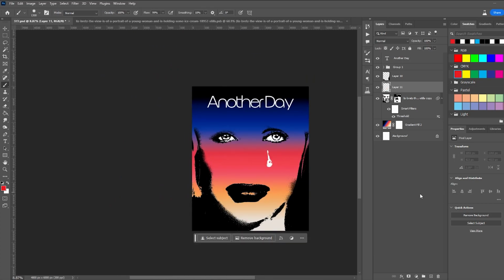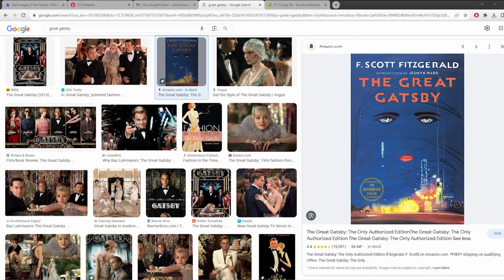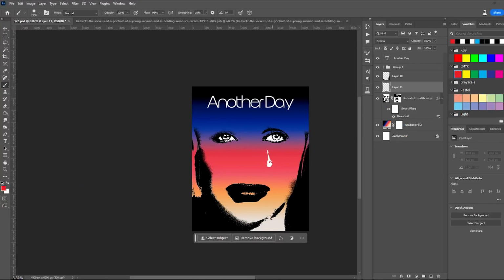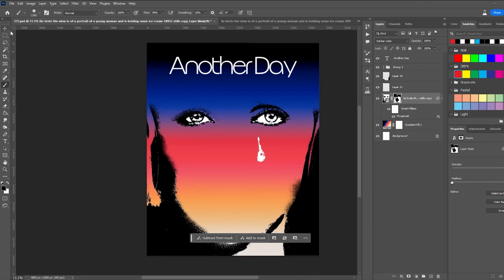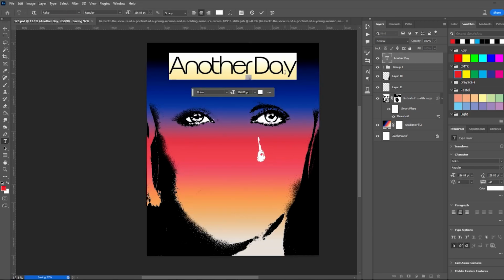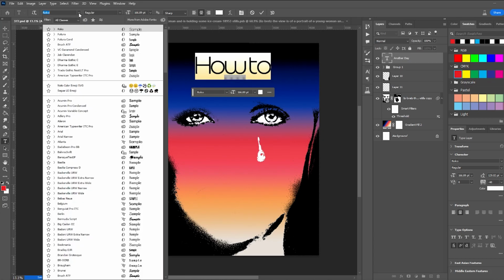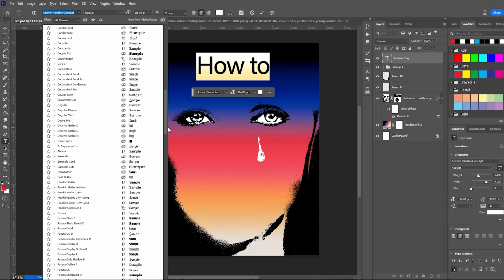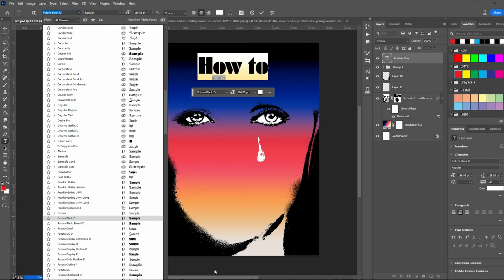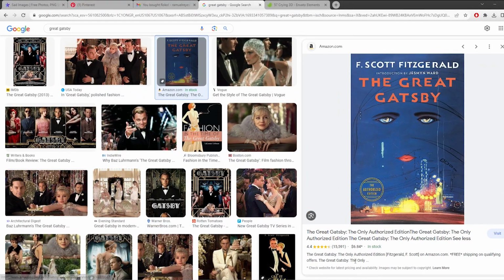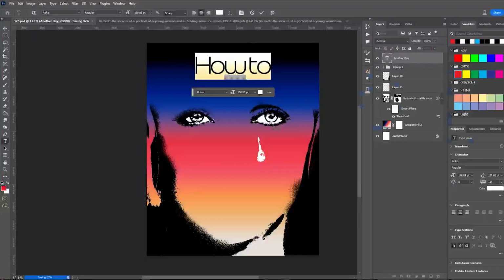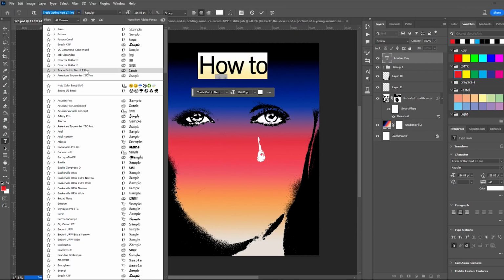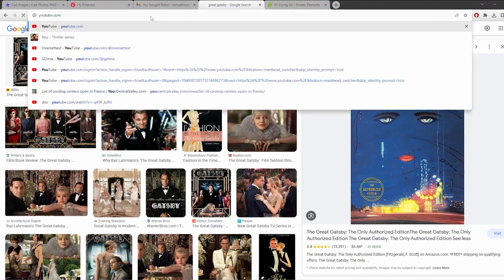But yeah, a little pep talk. Here, actually, I love the Great Gatsby cover. Actually, I think this piece was very inspired by that. I think I've been trying to make this piece for a while now. I've never figured out how to make it until now. I feel like this idea of a teardrop with eyes has been gestating in my head for a couple of years now, and I've just now figured out how to do it. Because I'm like, oh, this is the way.